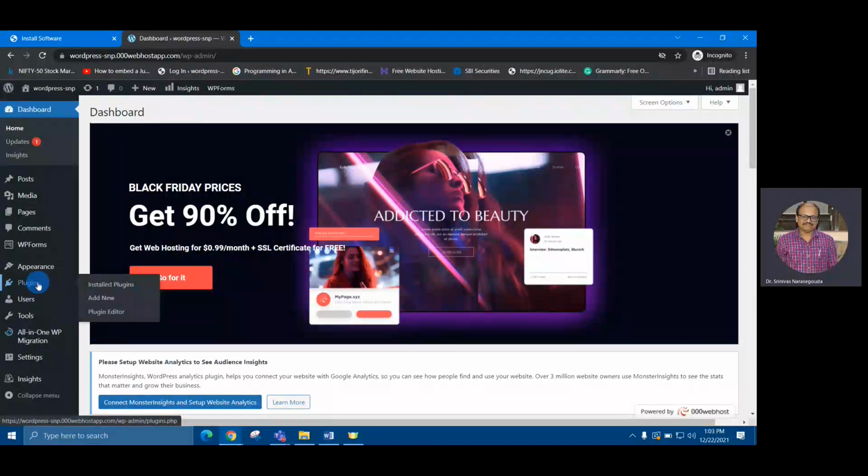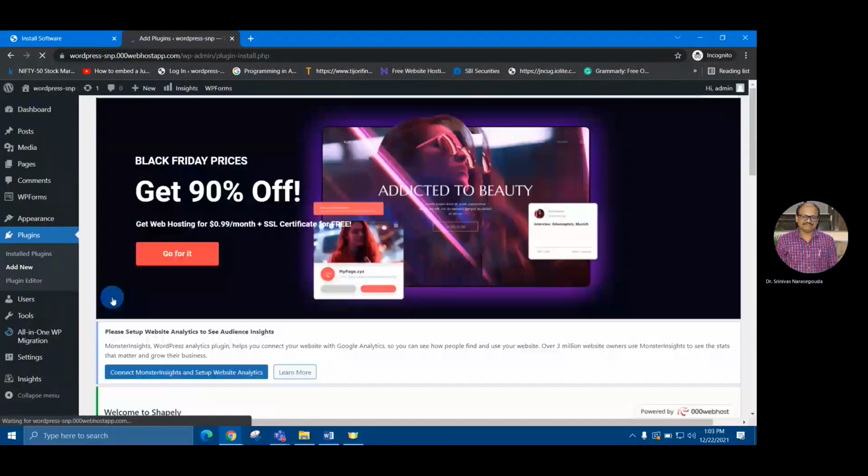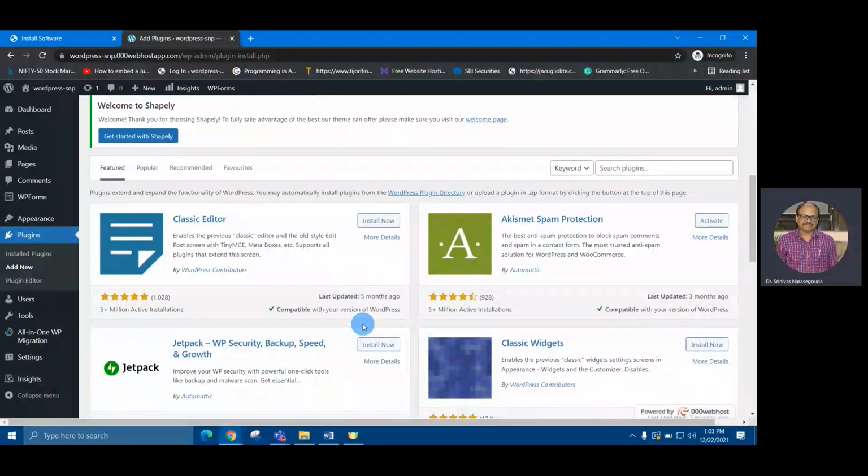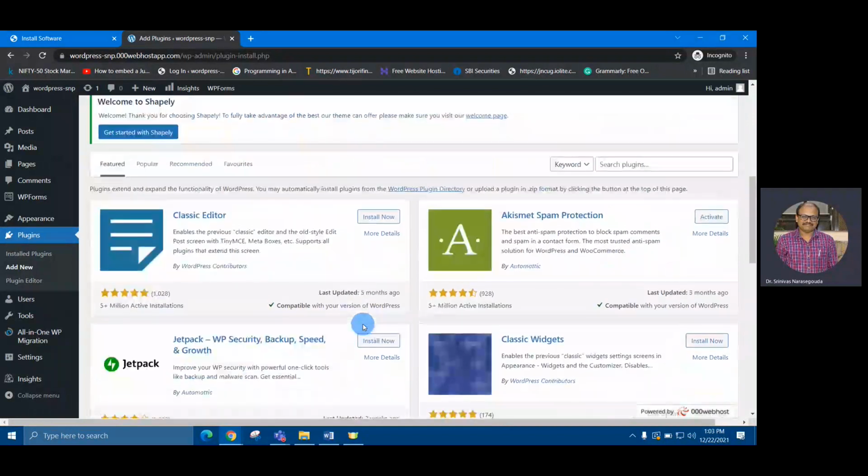Go to the plugin and click here, add new. If you scroll down, as you can see, there are many plugins already available here.